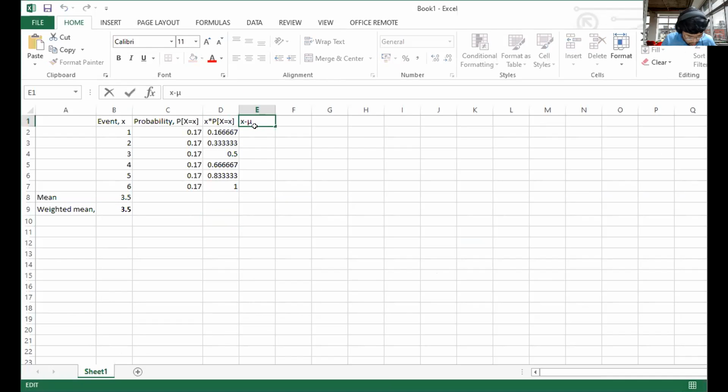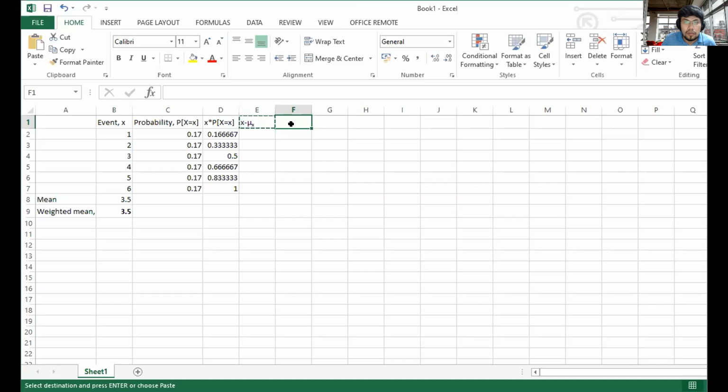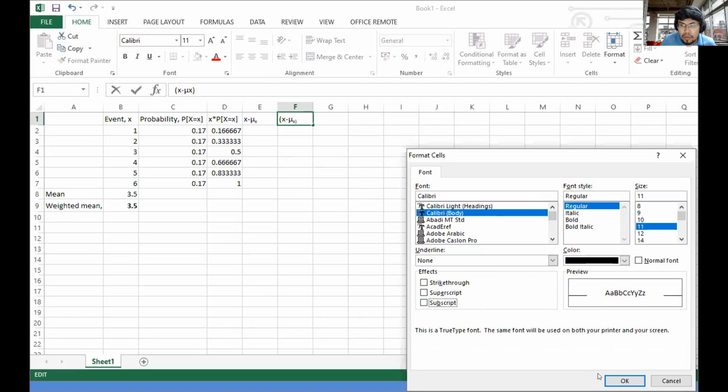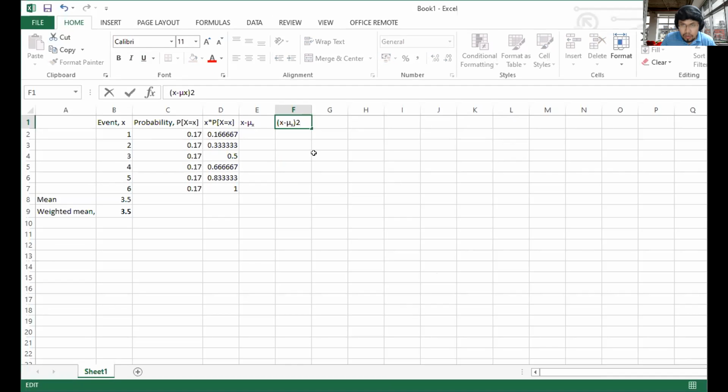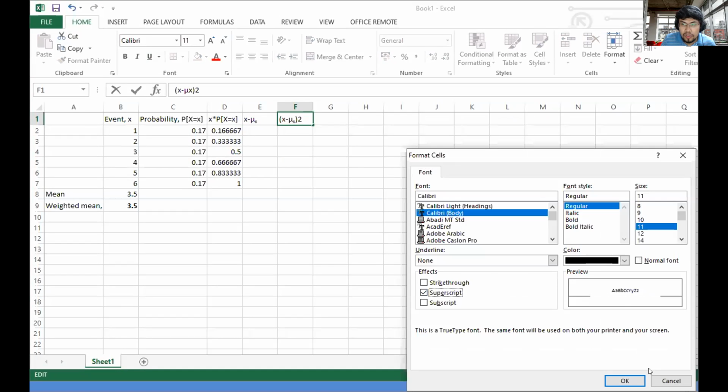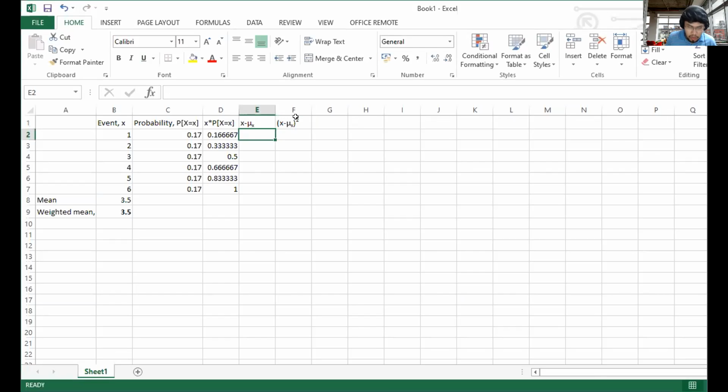Also this one. You want this squared, as a superscript 2. Now to get this one, you just subtract the value of the x by the weighted